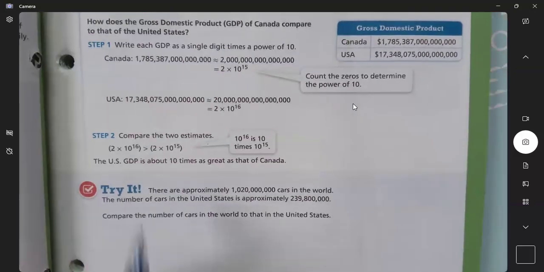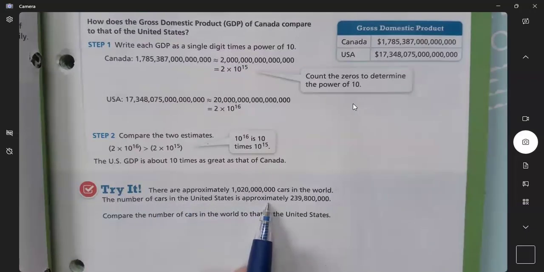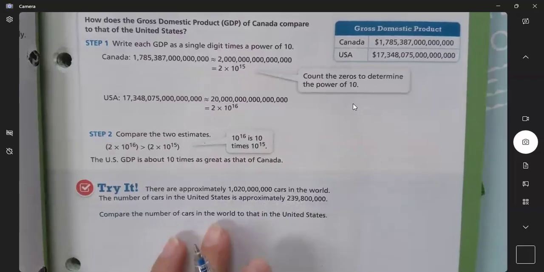There are approximately, that's a lot, 1 billion 20 million cars in the world. The number of cars in the United States is approximately 239,800,000. So they want us to compare the number of cars in the world to that in the United States. So we're going to go ahead and